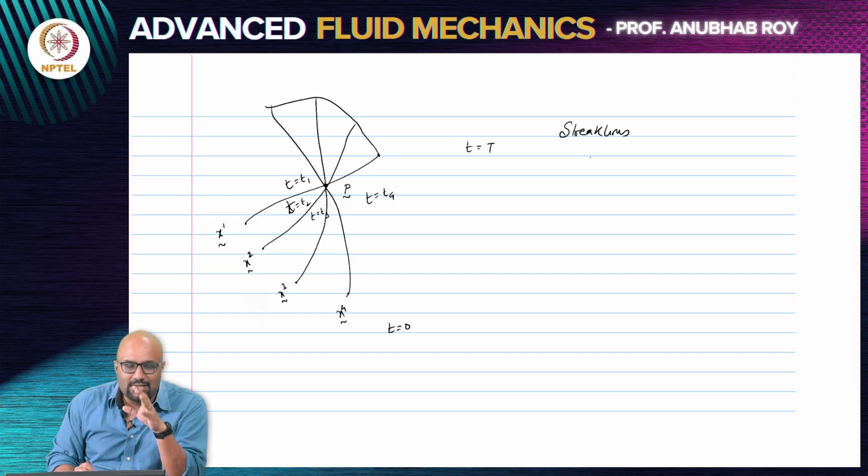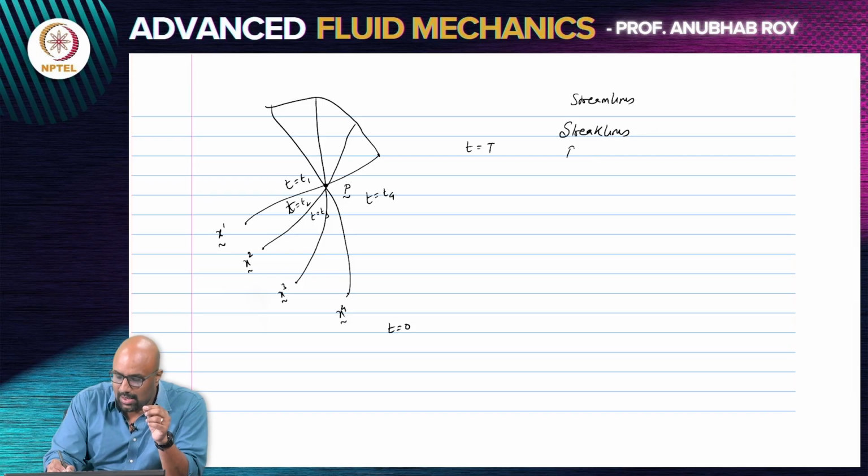It's quite easy to visualize because if you think of examples like an incense stick or a chimney, it's quite easy. But if you have to solve for it, it is a little tricky. It requires how we have done the path line calculation. And again, it goes without saying that if you had a problem which was steady, then a particle being released at a given point, even at later instants in time, will faithfully stay on that streamline. Which means streak lines, streamlines and path lines will coincide for a steady velocity field.